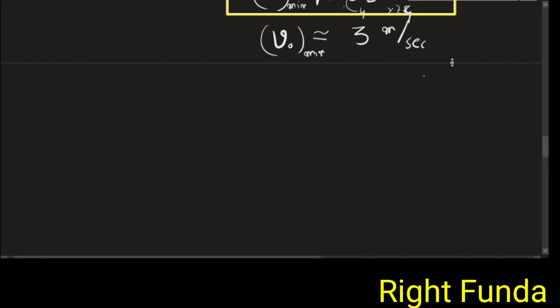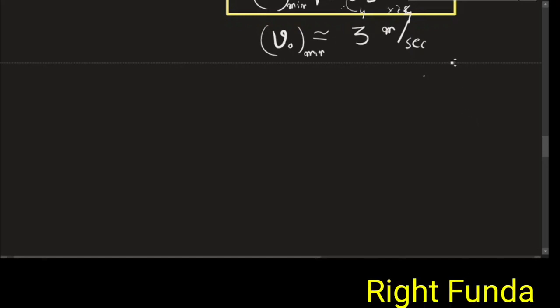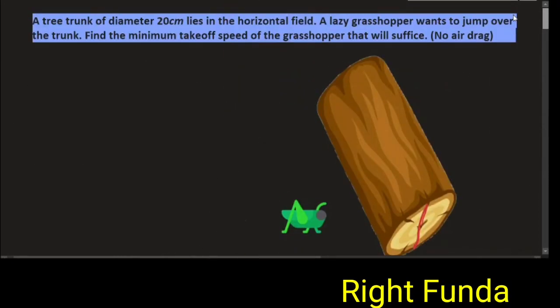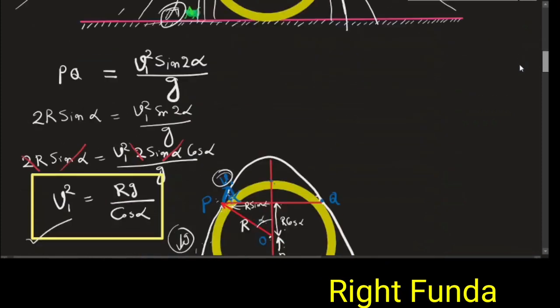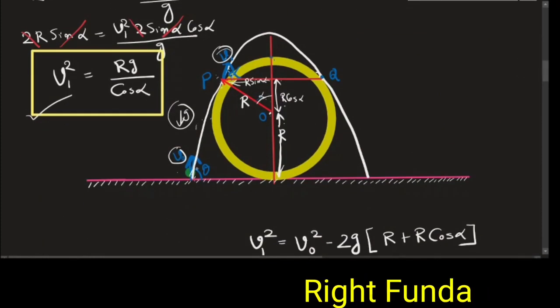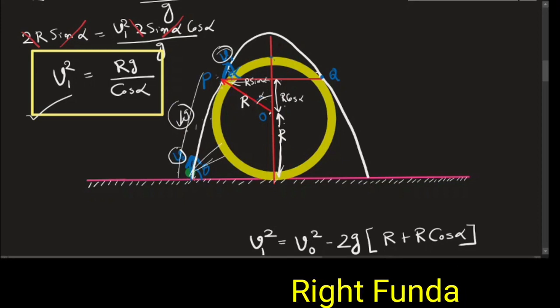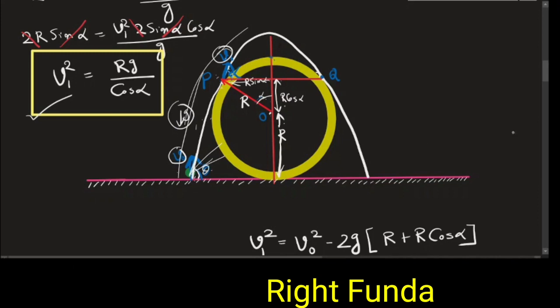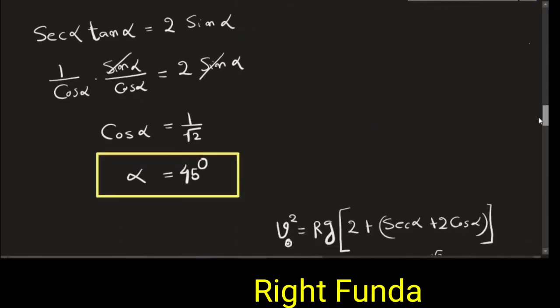Let's see this quantity V naught is equal to this. Suppose the question is asking only about the minimum speed. The question may ask what is the angle of projection. This is not given; it will give the speed. At any angle, it will be going, it will not be crossing this one. It may go like this also. If this speed, then the angle is fixed. What is this angle theta? You want to calculate what is the angle theta.